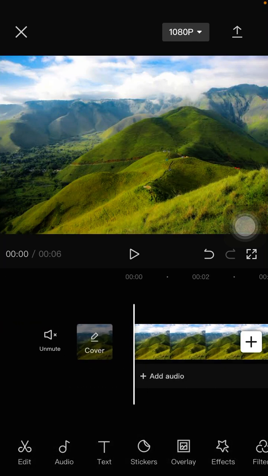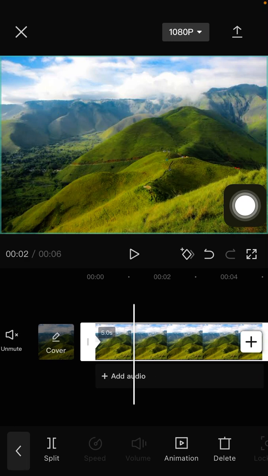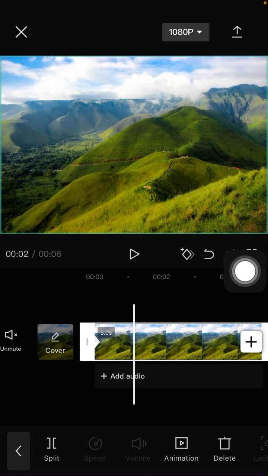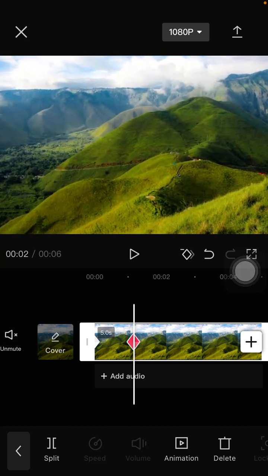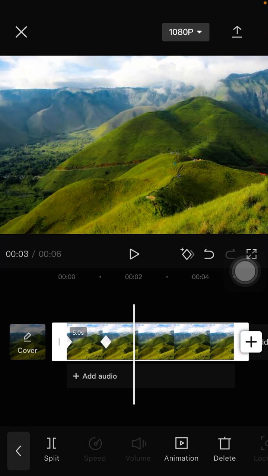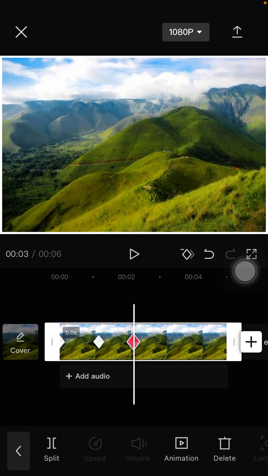So make sure in the first frame, click on the clip, select keyframe button right here, swipe to the right, and you can resize using 2 fingers. Okay, just for the scale, and then swipe to the right again, adjust for the scale again, zoom in,